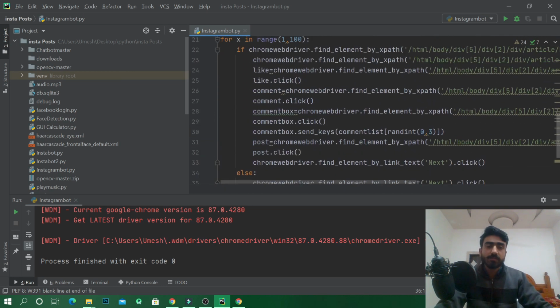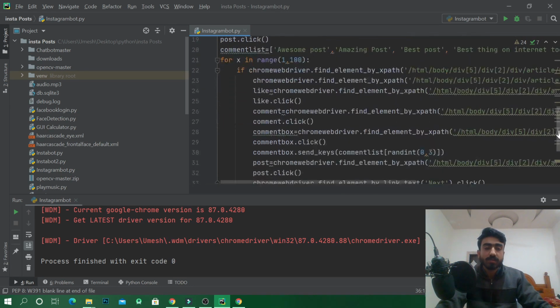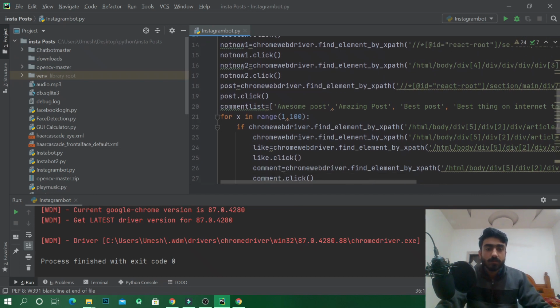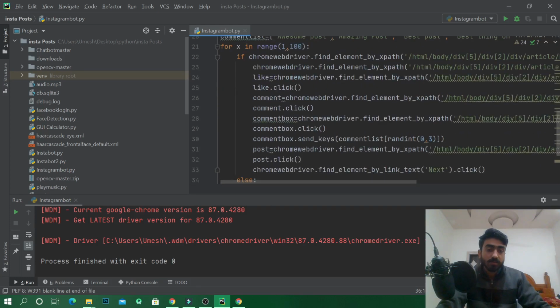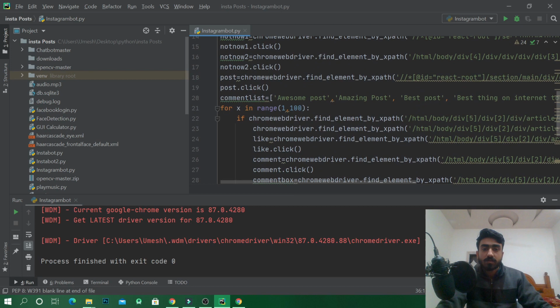So one thing we have left is that we are clicking lots of buttons. When we press next, we have to remember to sleep our program, so that the Instagram website is properly loaded and we can find those elements.